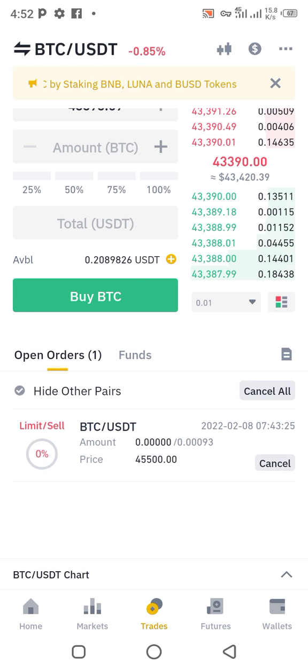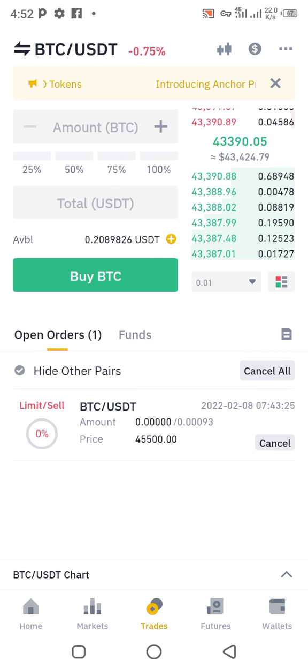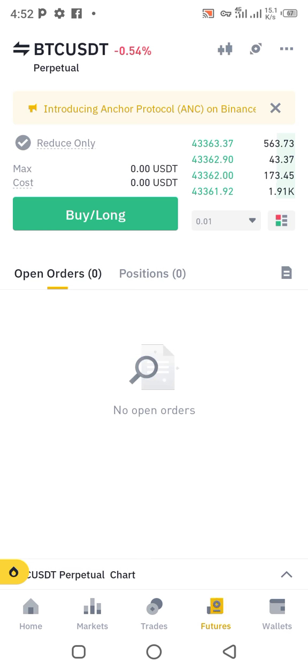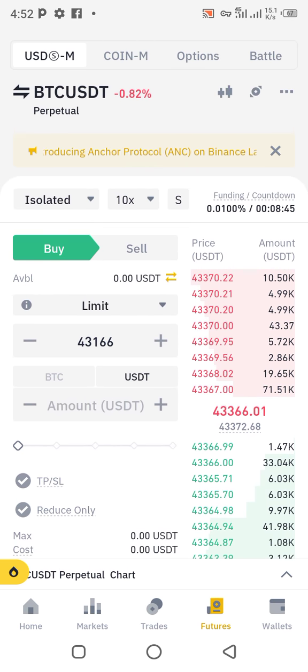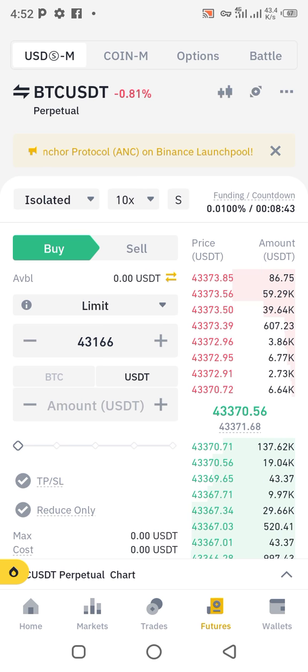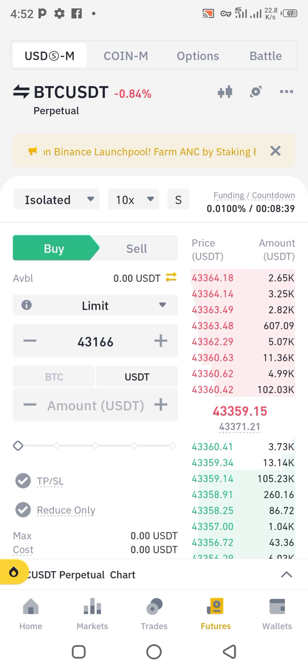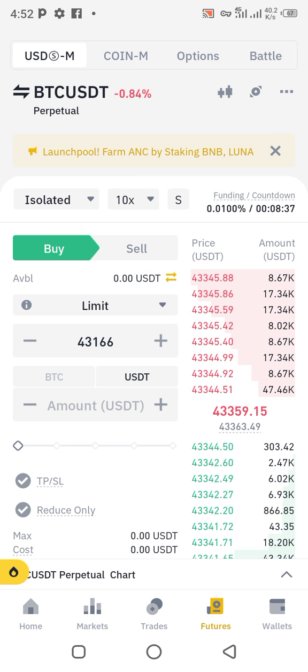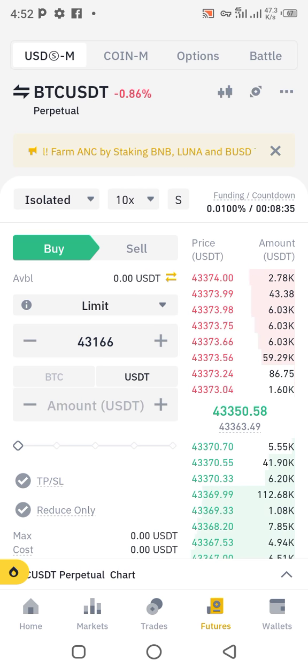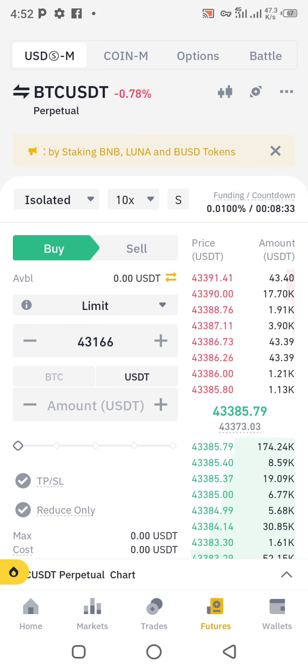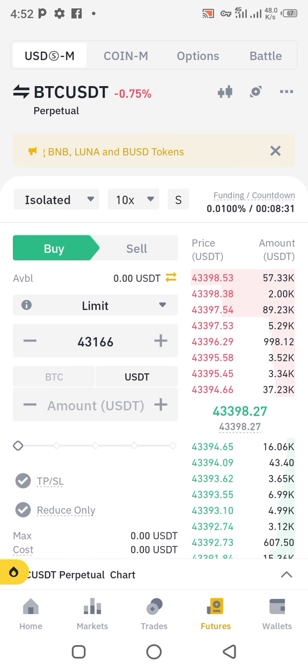So we'll be talking more about that when we go into detail on how to spot trade fully. So basically, this is what I want you to know. So let's go to futures. Futures is quite similar to spot trading. It's just that in futures you have the ability to leverage. We'll be talking more about that when we go into futures properly, but this is just the overview of